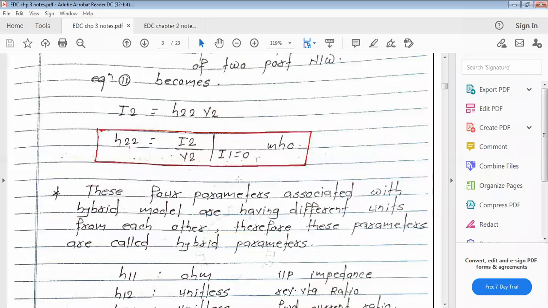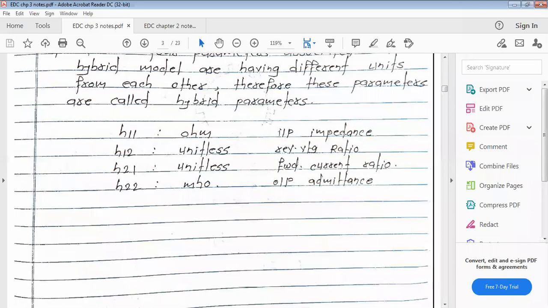So see here, that's why H11 is called the input impedance. Why input? H11 is nothing but V1 upon I1, voltage for the first terminal as well as current for the first terminal. The first terminal is nothing but our input terminal, so it is an input. Why impedance? Because we have reactive components in the circuit. That's why, instead of input resistance, which term are we using here? Input impedance.